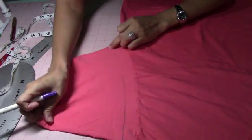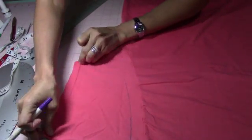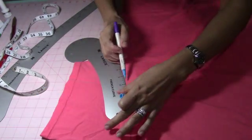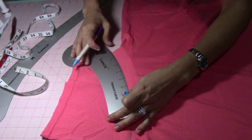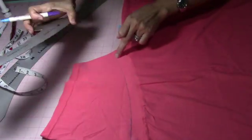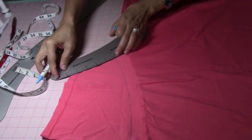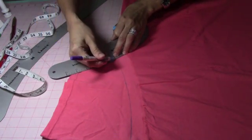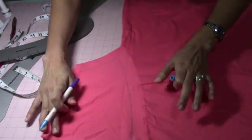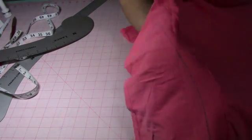Yeah. You want the sleeve straight. You mark it all the way down. Right there. Same thing in the bottom of the sleeve. That's the part that you're gonna be cutting. There you go. I guess now you can see my sleeve